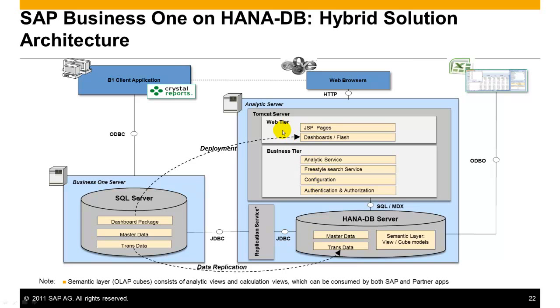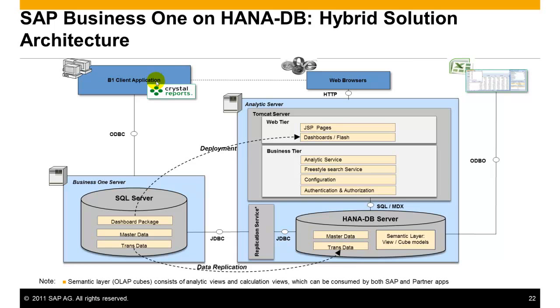Sitting on top of that is the web tier, our Java pages and the dashboards and Flash. And all of this is being fed by the Tomcat server. Everything that you see over here is what forms our analytics server, which again we deliver as the appliance. And then you can access that information using a web browser, using Microsoft Excel, or using those tools that you're familiar with today, Crystal Reports, the Business One client application through the cockpits, as well as freestanding Crystal dashboard design